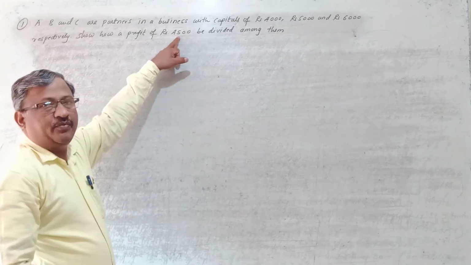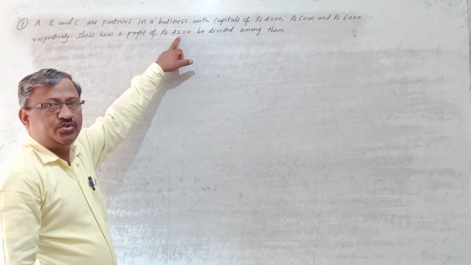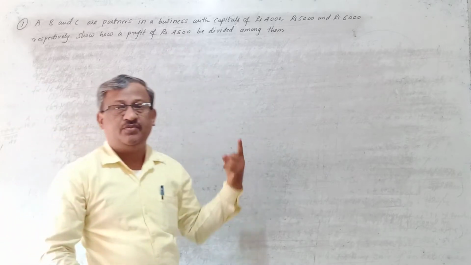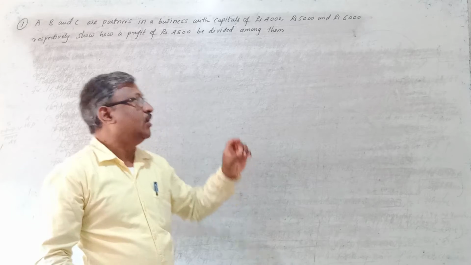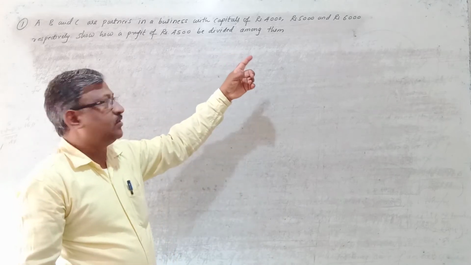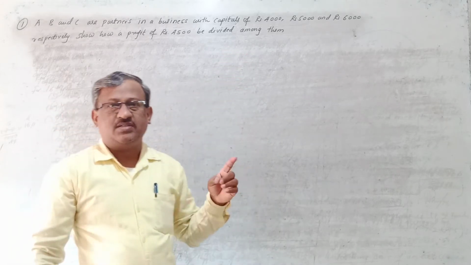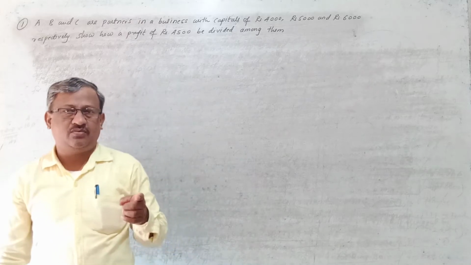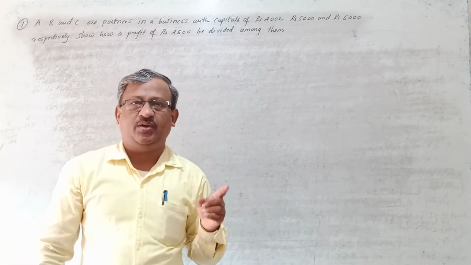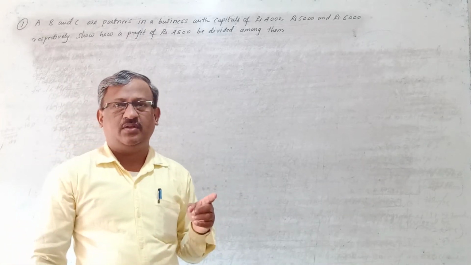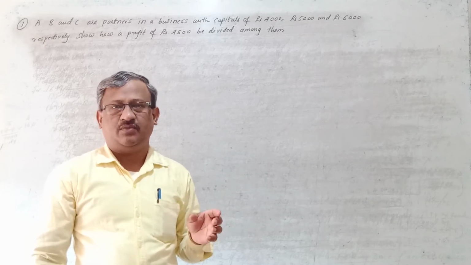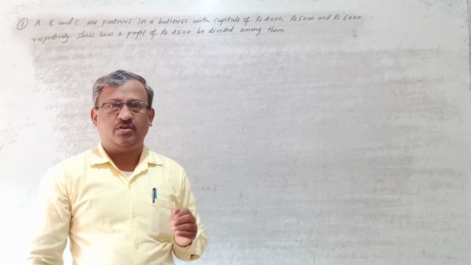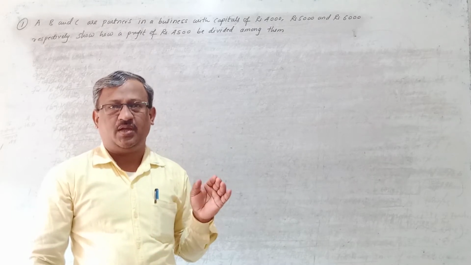Now they have given a profit of 4,500, which we have to distribute among these three partners. In which ratio? In the capital ratio, because a ratio is not given in the problem. We know the capitals, 4,000, 5,000 and 6,000, so we can easily find the ratio. First, taking the capitals into consideration, calculate the ratio, and in whatever ratio comes, distribute the given profit. So let's distribute the given profit among A, B and C.